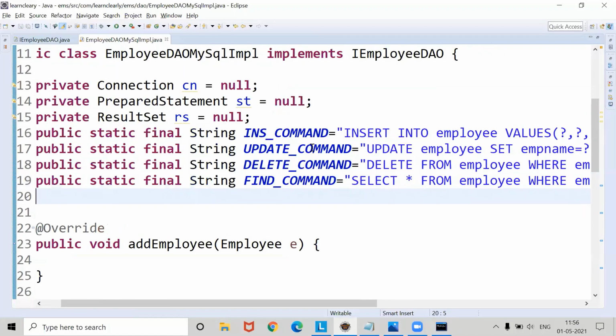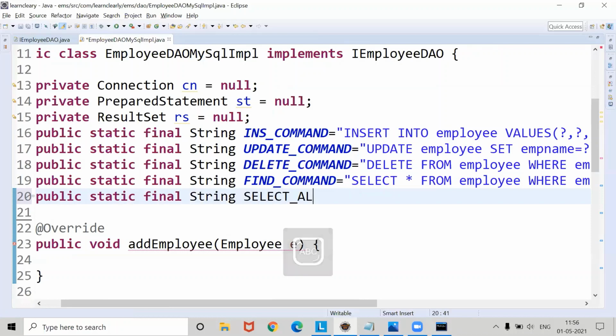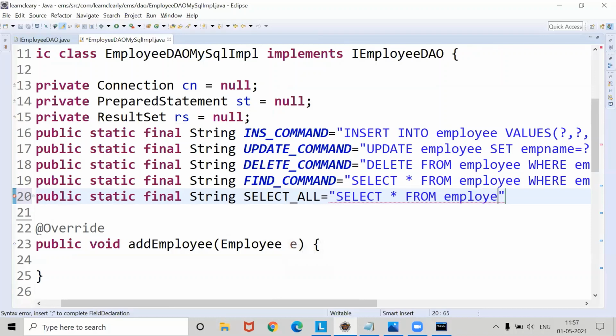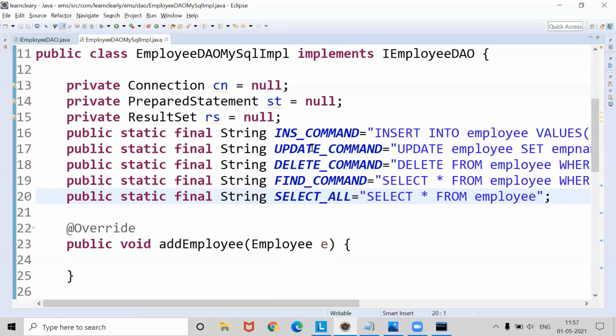And then we want to declare one more command, that is for selecting all records. Public static final String SELECT_ALL, or otherwise FETCH_ALL, whatever you want. And here no terms, no where condition, directly we give select star from employee. Now that we have declared all the commands for performing the database operations, what we need to do is